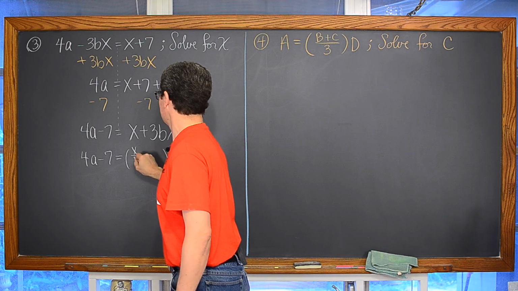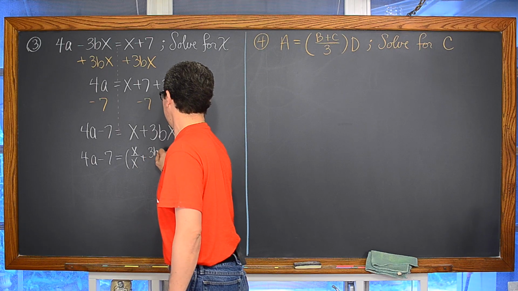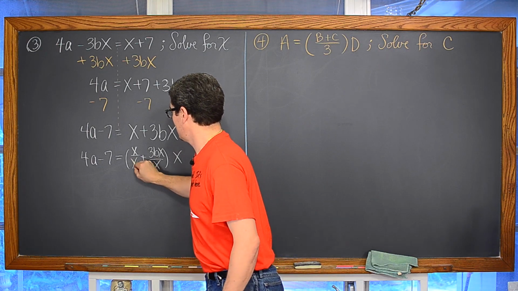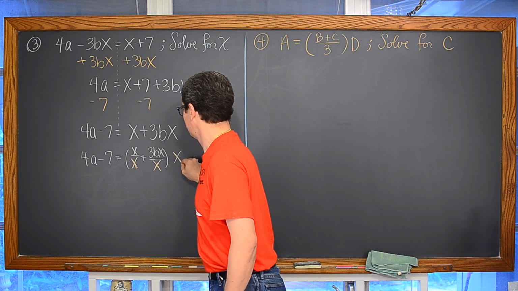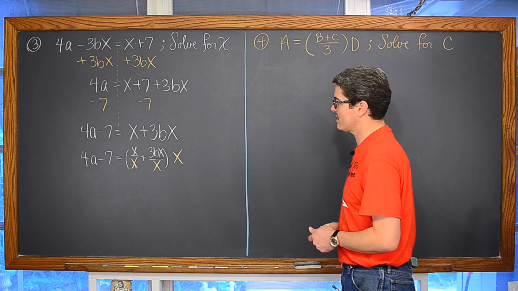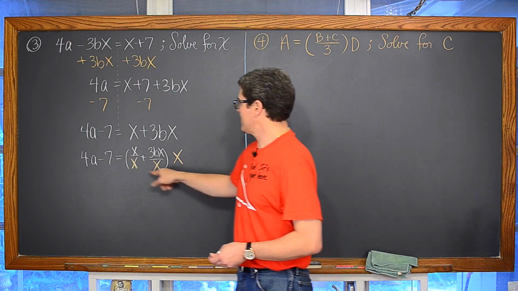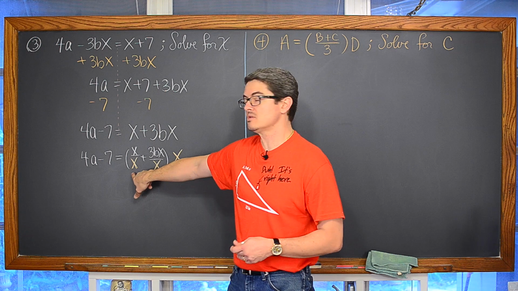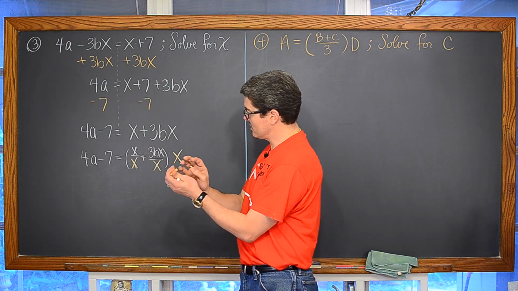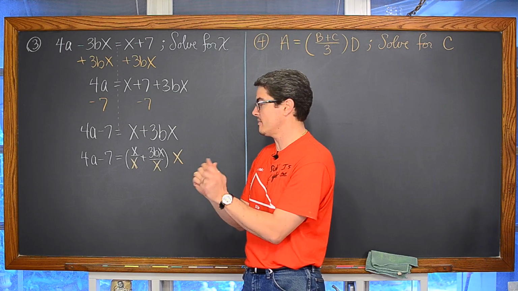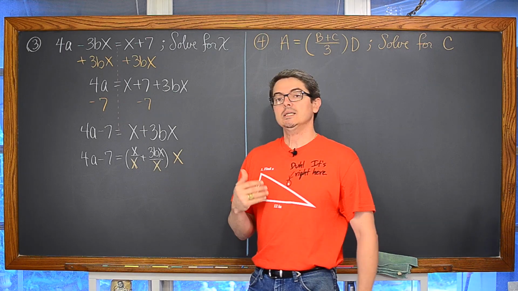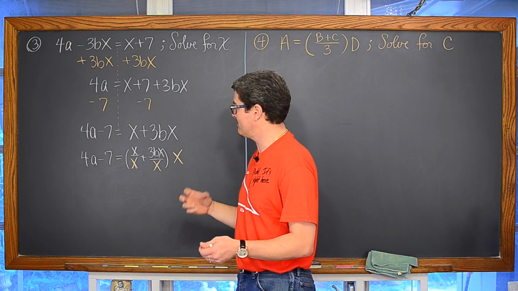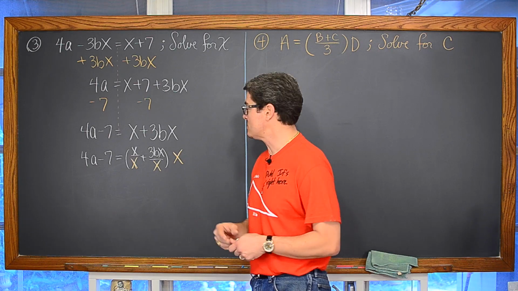So we're going to have x over x plus 3bx over x, just in case anyone needs to see that process of how you factor out that common monomial. And we're going to do that through division. Now, I'm showing that there's going to be a multiplication of x. The inverse math operation of multiplication is division. So I'm showing that it's going to change the look, but since I'm using inverse math operations, I'm not going to change the answer, because x divided by x is 1. So I'm changing the appearance of this, but I'm almost showing a multiplication of 1, so I'm not going to change its overall value.